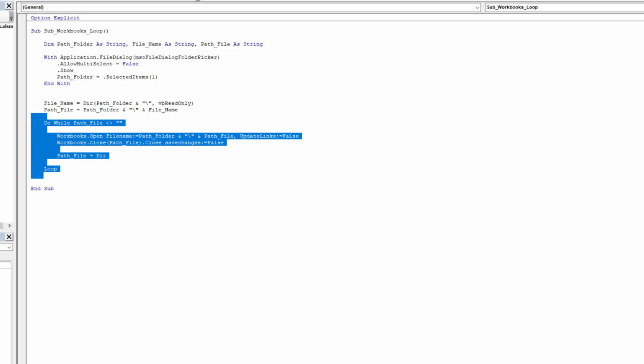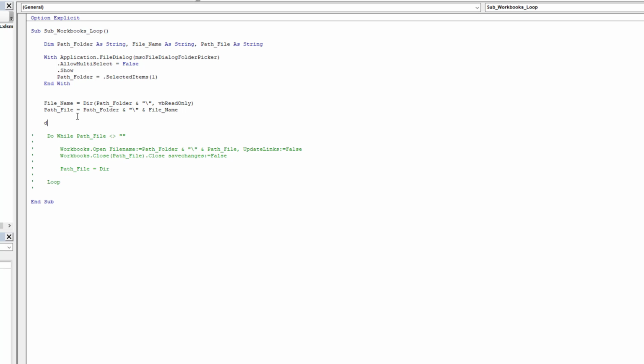And if we comment all of this out just to work with this, let's do Debug.Print path file,